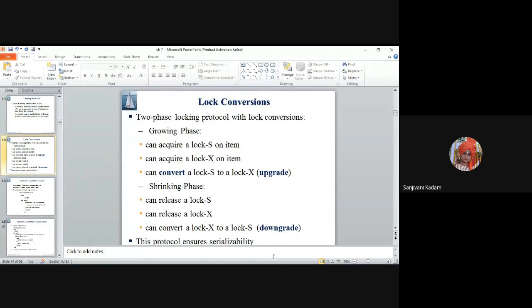Lock conversion. Any doubt in the revision, or any point you still want me to repeat? Is my voice clearly audible to you? Any other point you want me to repeat?